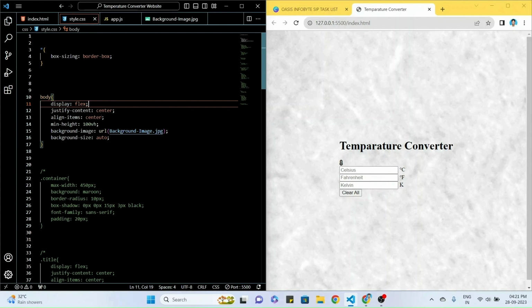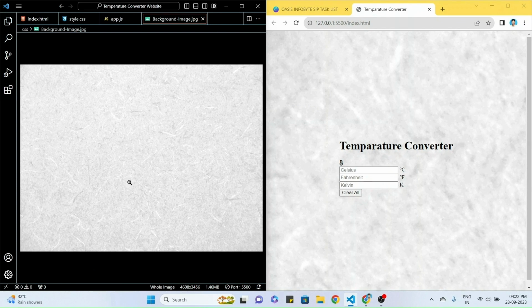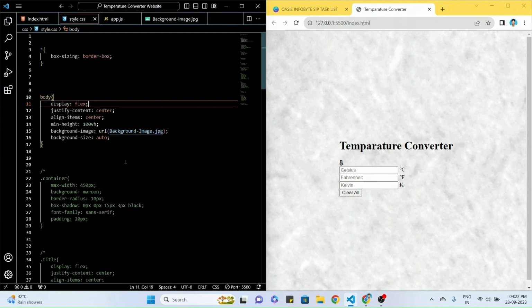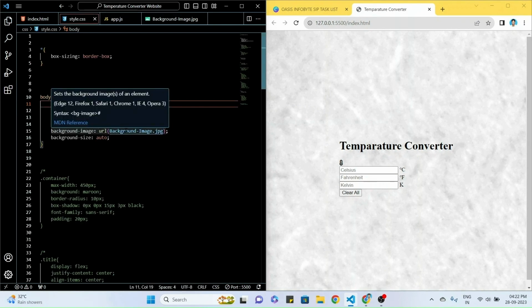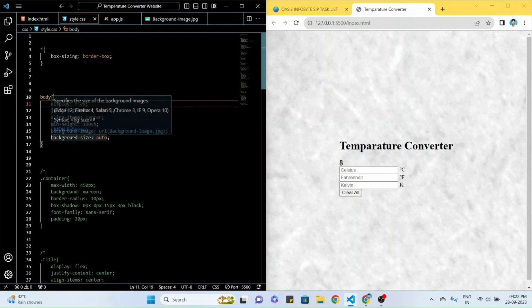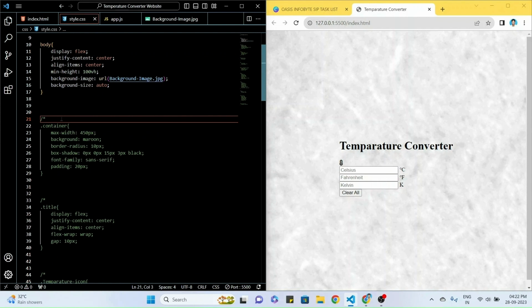And by using justify-content and align-items, we have centered all this in the center of our web page. I have provided the minimum height as 100vh, and I have provided a background image. This is the background image I have used, and I have provided the URL for it, and the background size was auto. So let's uncomment the next section,